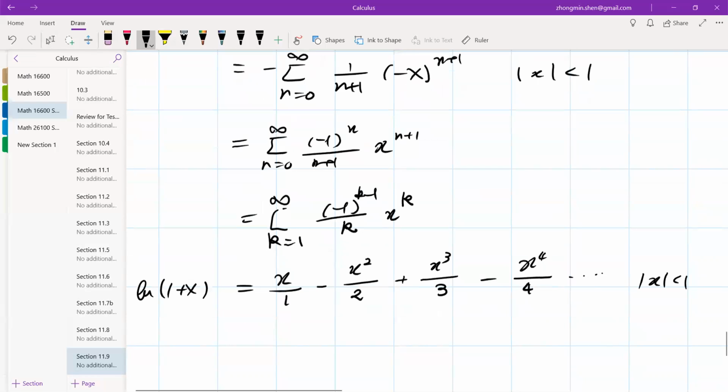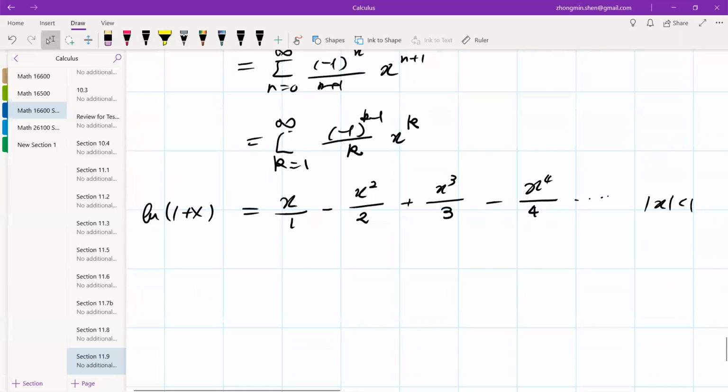So the natural log of 1 plus x is almost like that. And I think if x is close to 0, then the first few terms are already a very good approximation of natural log of 1 plus x, right? The rest of the terms can be ignored if x is close to 0. Right? So how about